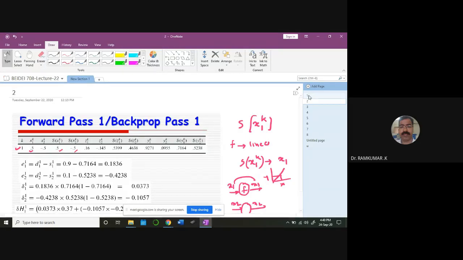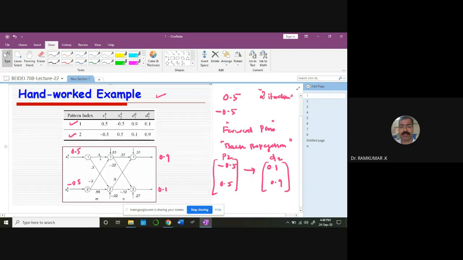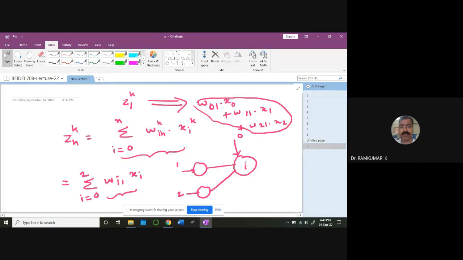What are all the weights? The weights are there. Okay, 0.1, this 0.1 is there, minus 0.2 is there. These two are the weights connected to the first node. And X0 is always 1, so 1 into 0.01. That's going to come inside the bias. Is it clear? Are you getting the point? Anybody would like me to repeat this step?